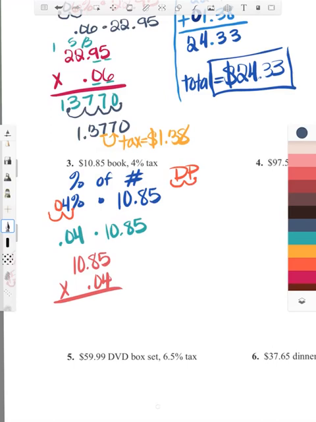All right, so 4 times 5 is going to give me 20. 8 times 4 is going to give me 32, plus 2 is 34. And then 0 times 4 is 0, plus 3 is 3. And then 1 times 4 is 4. And I know there's 1, 2, 3, 4 places behind the decimal. So I'm going to move over 1, 2, 3, 4 spots. Now we're left with